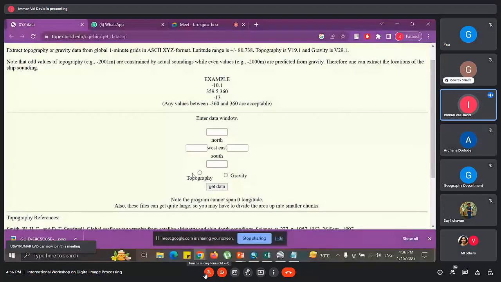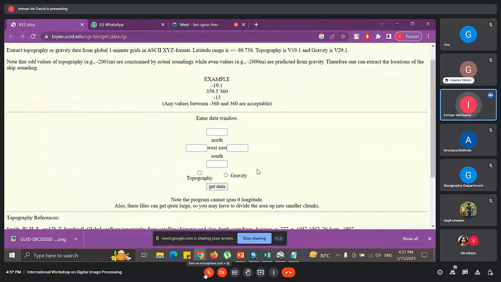If you input the latitude and longitude of the area, it will automatically generate the x, y, and then z. Here x is the latitude value, y is the longitude value, and z is the elevation value of the data. Afterward you just copy that information, convert it to an Excel file, and directly input it into any GIS software as an xy file, included as a point file in any software.